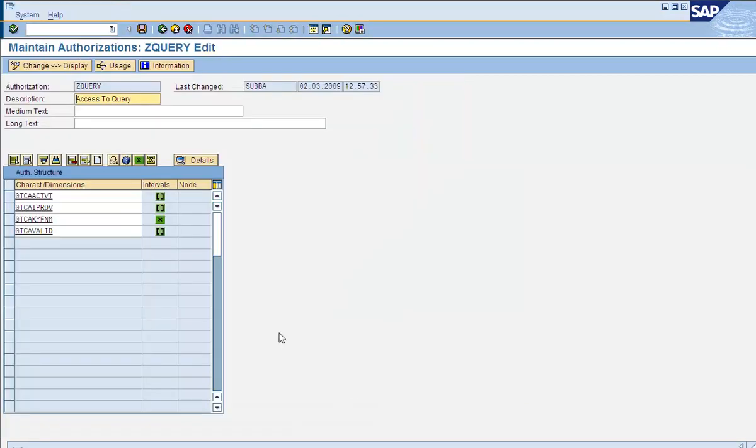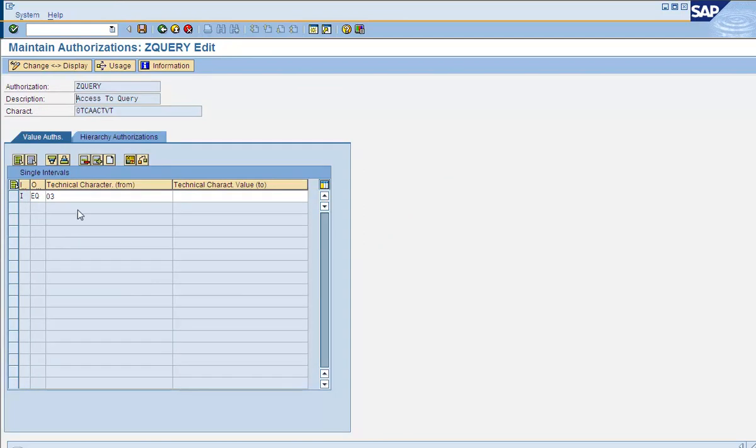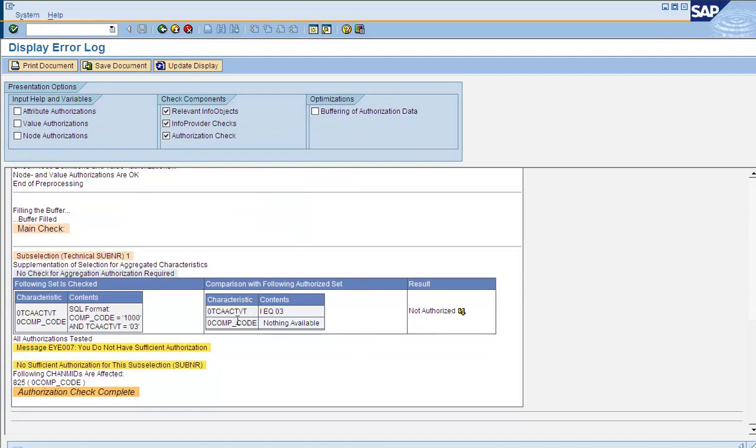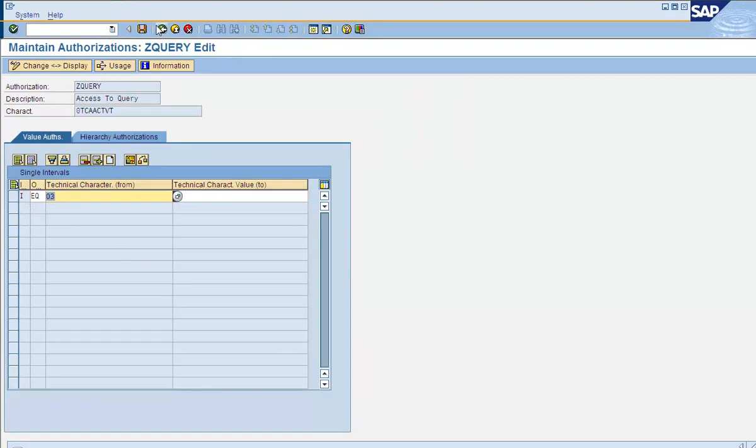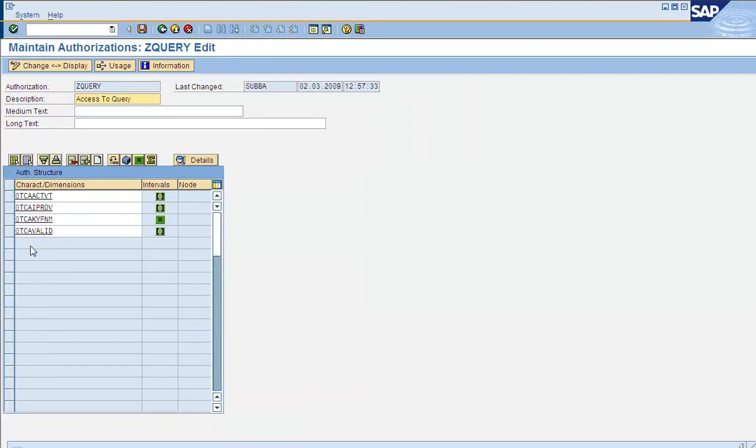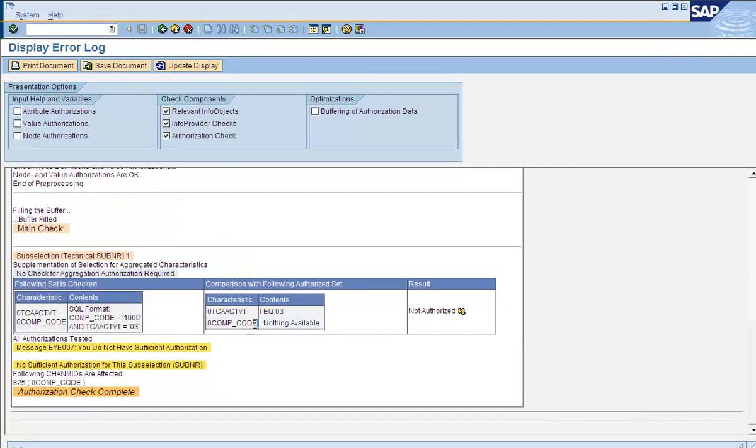Now the user has the activity 03. So if you go to the activity characteristic, you have the value 03, but it doesn't have the value comp code. So let's go back here, and you don't see comp code in that list. So that's why it says you're not authorized.